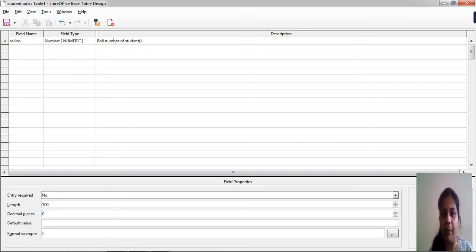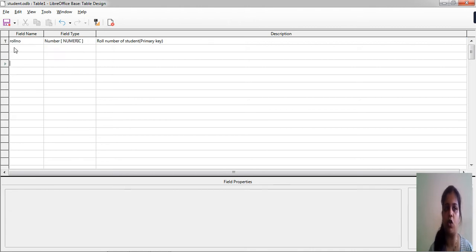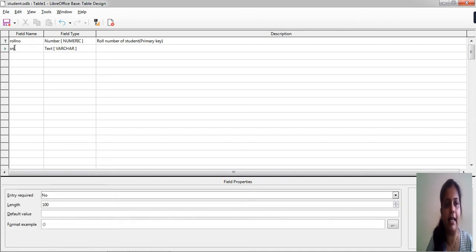That roll number will be the primary key. Now what is a primary key? We have already seen in the theory that a primary key is a key which has a unique identity throughout the table. So roll number is used as a unique identity, and here you can see the arrow. Click on this arrow and choose it as your primary key. So roll number will be defined as your primary key. Then second is the student name. For student name I will use the shortcut key name as S name.